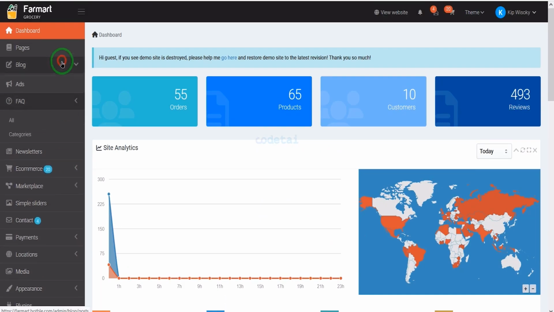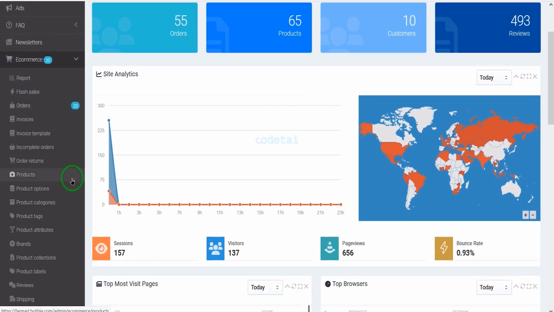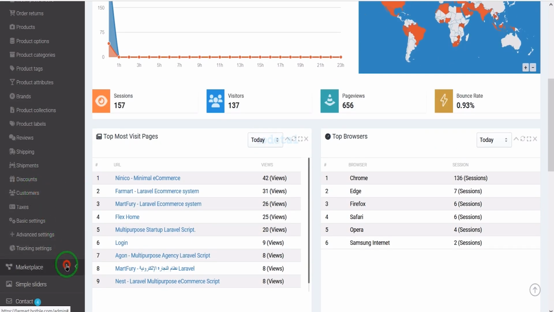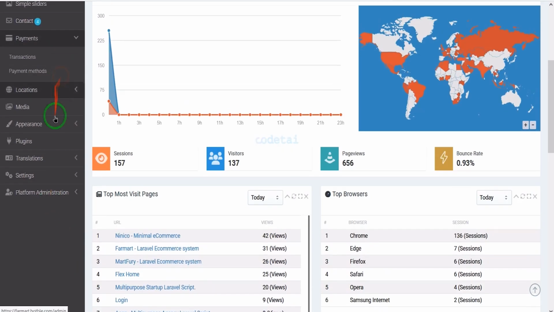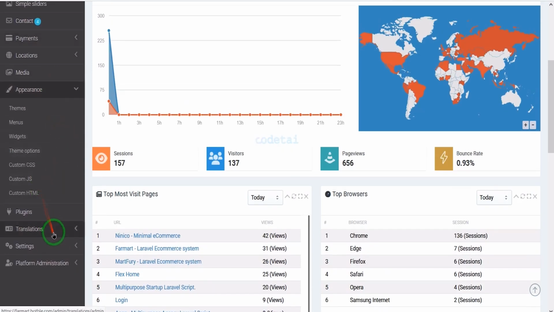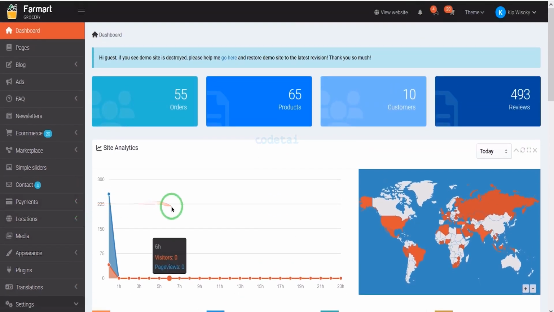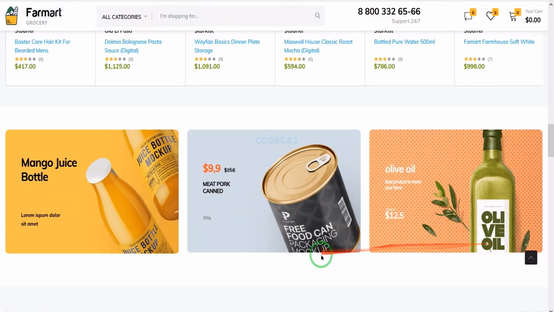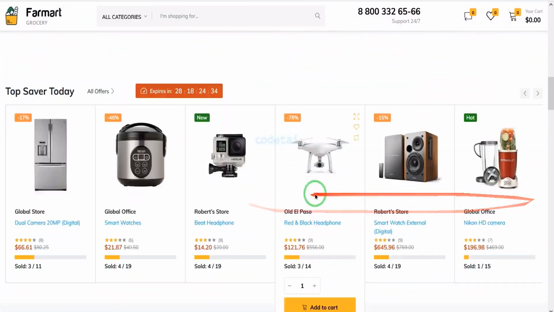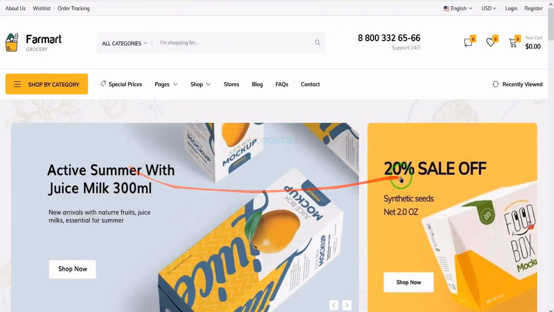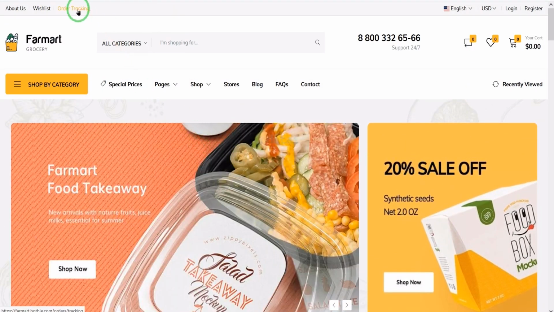In the admin panel, we are getting very important functionality to manage the e-commerce website. Using these functionalities and features, we can manage the e-commerce website very easily. Now I will introduce you to the wonderful and important features of your website. Then we will learn how to create this professional e-commerce website.